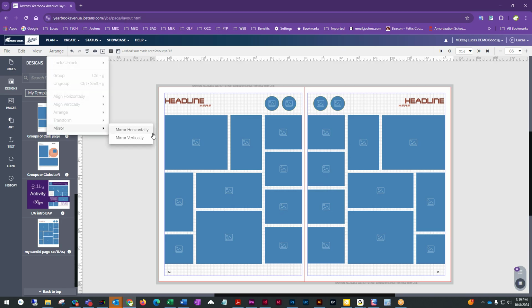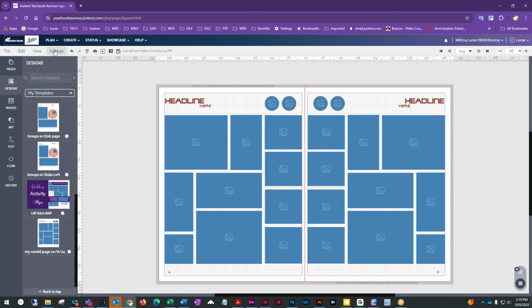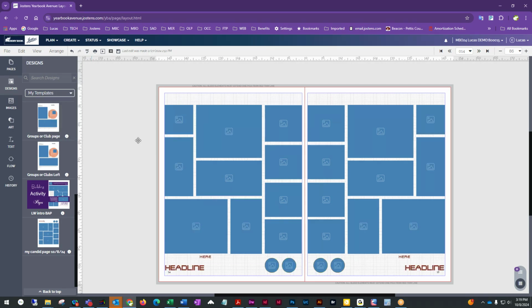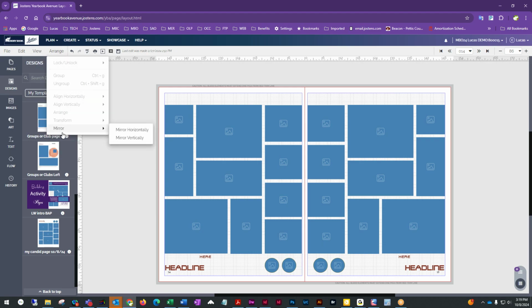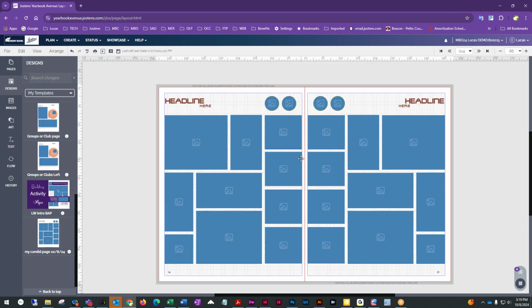Let's see. Trying to think if that would... nope, that's not what I want to do, but that is a neat little thing that I just showed there. What I just did, I wasn't meaning to do, but I went under mirror and did mirror vertically, and that kind of flipped the layout. I think what I was trying to do,